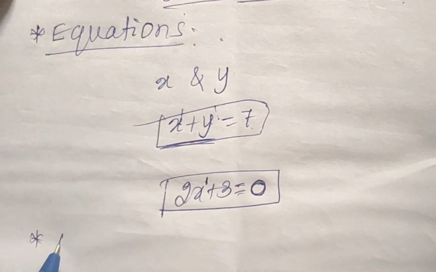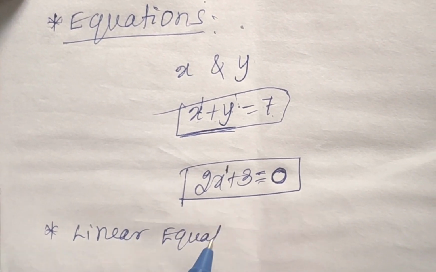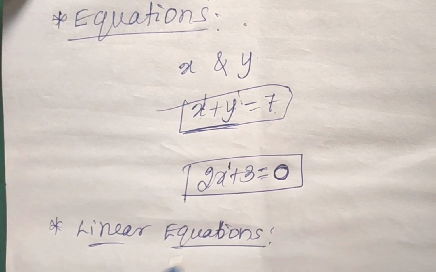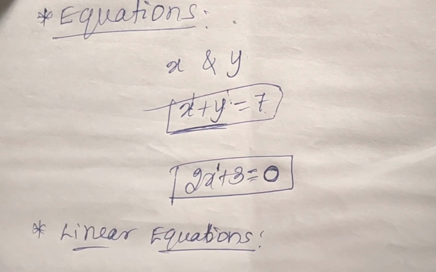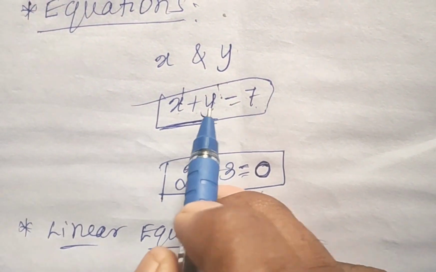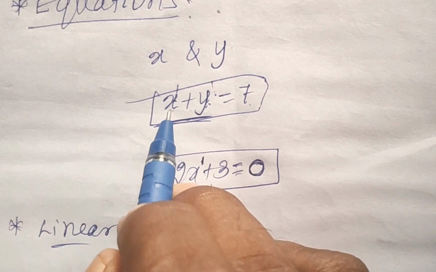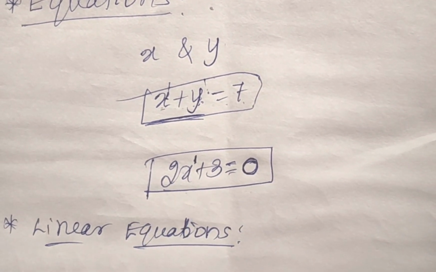So here we can understand linear equation. Linear equation means what? देखो linear मतलब 1 है. An equation which has power or degree 1 is called a linear equation. तो even देखो ये linear equation है, लेकिन यहाँ पे how many variables are there? 2 variables. So this is called a linear equation in 2 variables, and this is a linear equation in 1 variable.